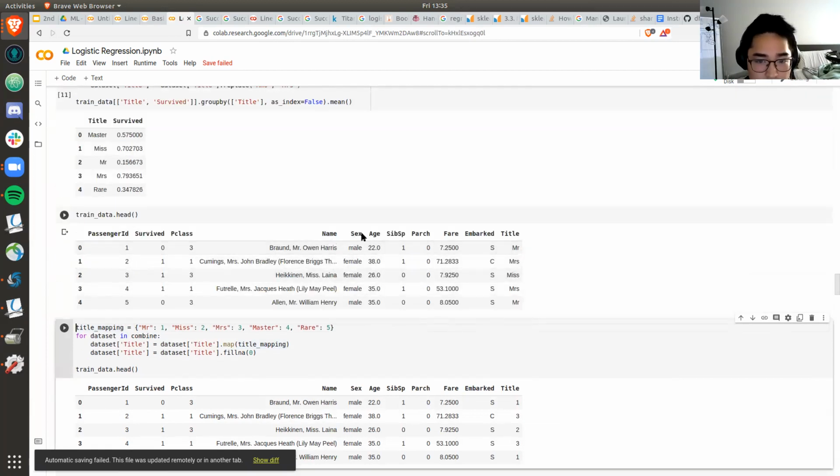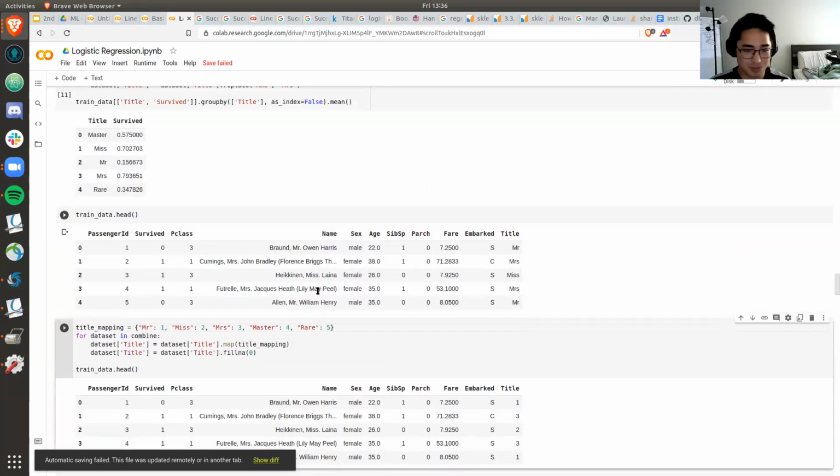So name, sex, embarked, and title are all alphabetical, or what we call alphanumeric. They're represented by a string, but we don't want that. In order to actually analyze this data, we need to convert all these string values into ordinal values, like 1, 2, 3, 4, etc.